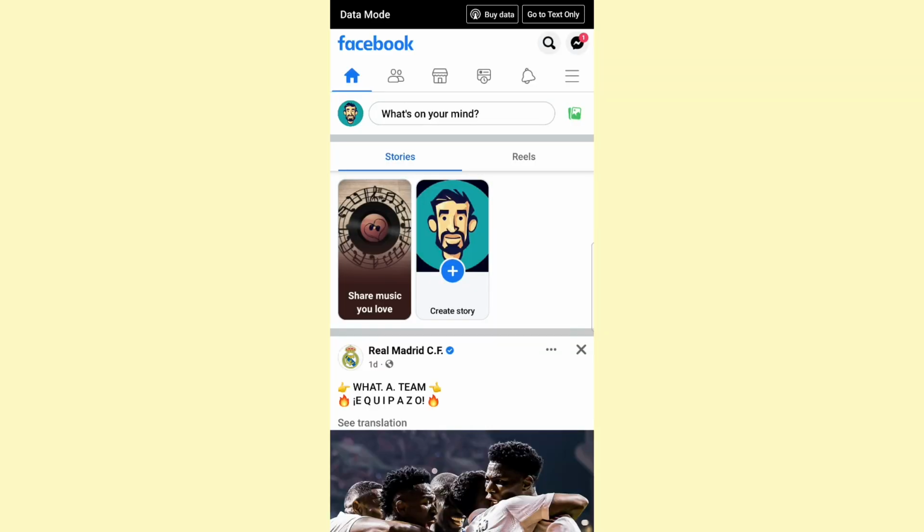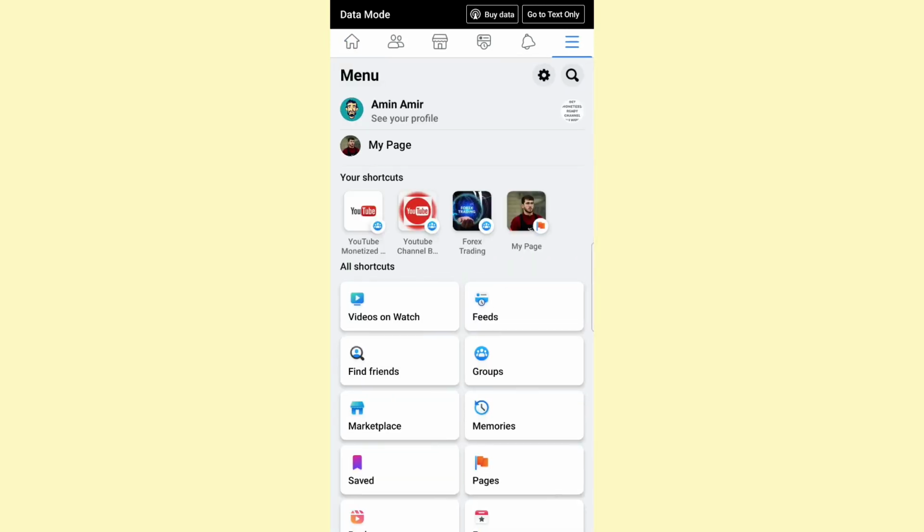So go ahead and open up Facebook. And as you can see, the video or the watch icon is missing from the shortcut bar. So in order for you to add it there, just click on the three lines at the top right, then